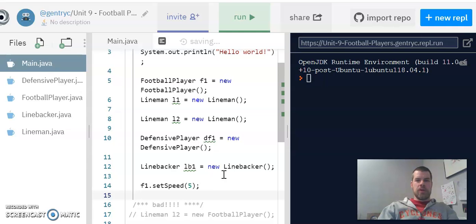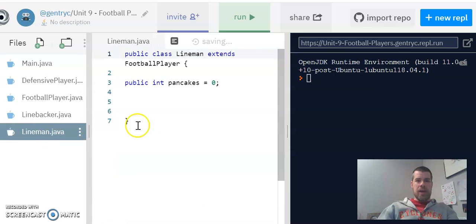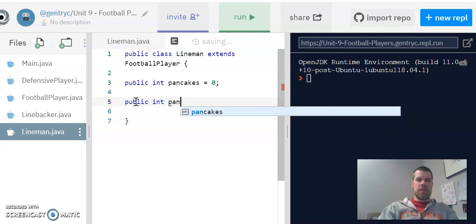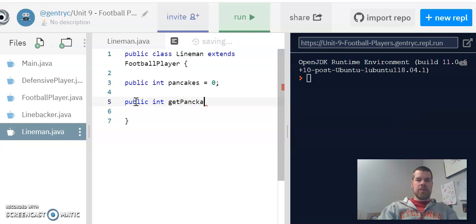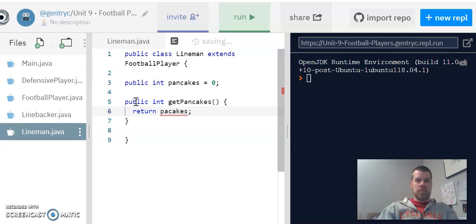Now we go to our lineman. Remember, in our lineman class, we have really nothing other than an extra property. We could, of course, write a getter for that property. Let's go ahead and do that right now. Public and get pancakes. Oh, that sounds like a delicious method. Am I spelling pancakes right? It looks weird. All right,